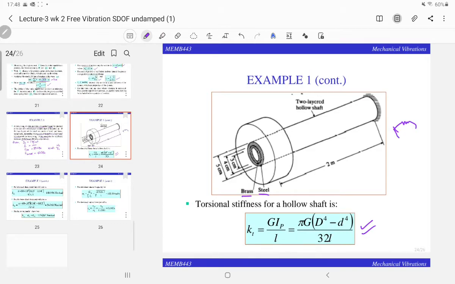If I draw it as such, it's kind of like parallel, because this is a rotational system, isn't it? You have brass and steel here, so the stiffness is in parallel. If it's parallel, then you will need to get the